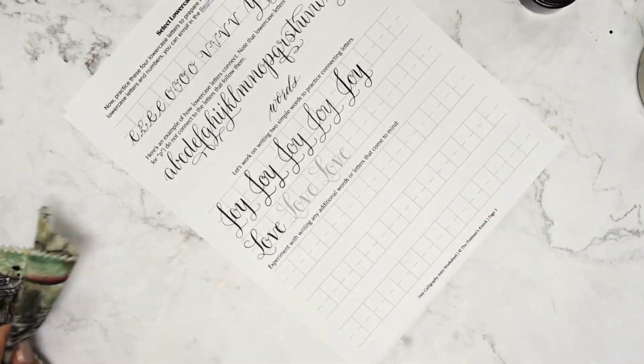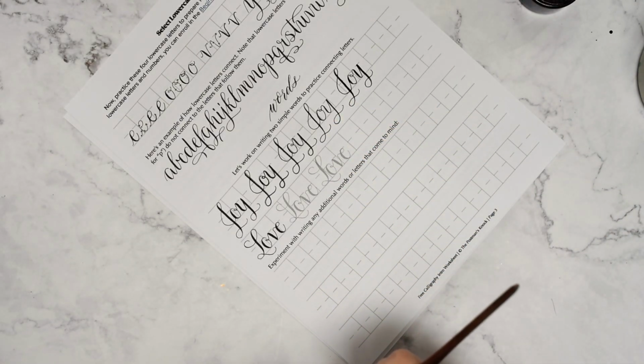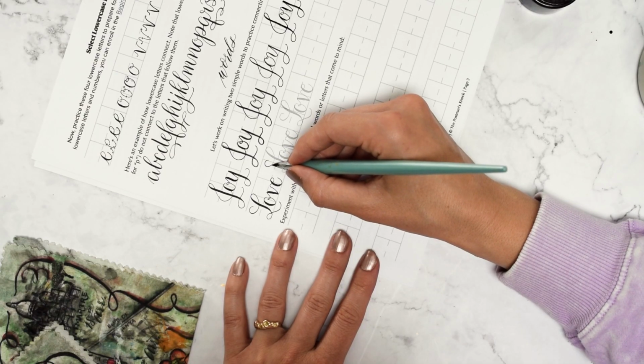Okay, so do you see the massive difference between these two nibs? This is what I'm talking about when I say you've got these basic supplies that you can start with, and then you just add on to your supply collection in order to find the nibs, the pens, the inks that are your favorites. For me, I feel much more comfortable writing with that Brause Extra Fine 66 nib in